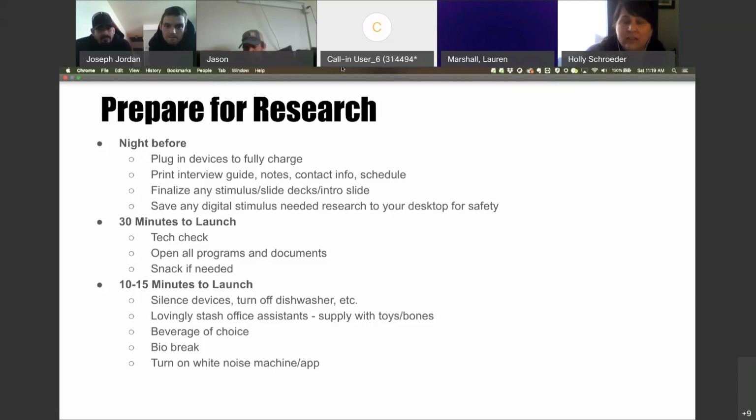You definitely do not, especially if you're doing remote interviews, want to have the contact info only in your computer, because inevitably when it's time to start, that's when your computer is going to want to update. And so you're not going to have time to go digging through email to find all that information again, as well as the schedule. So typically I will print,